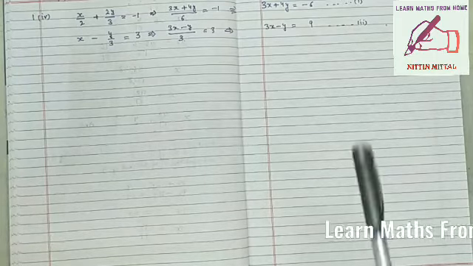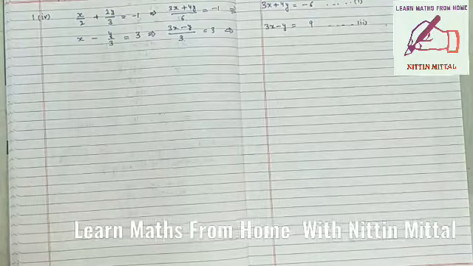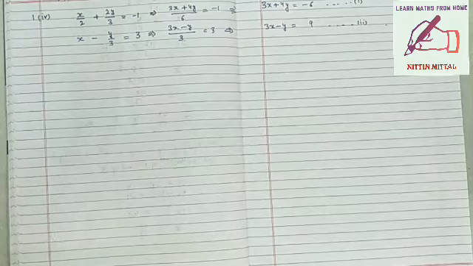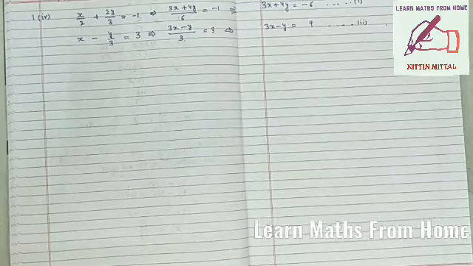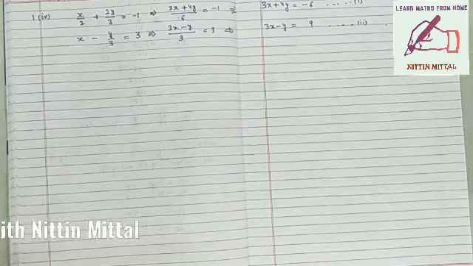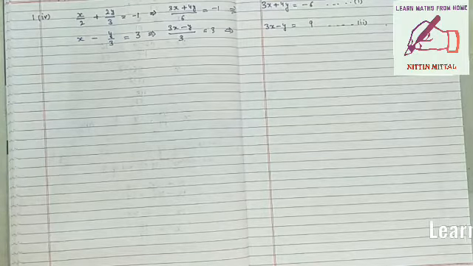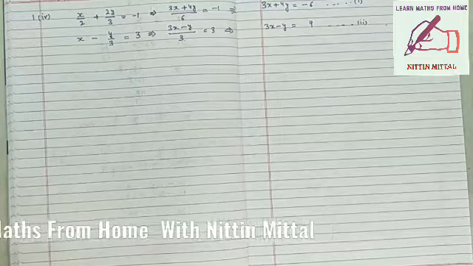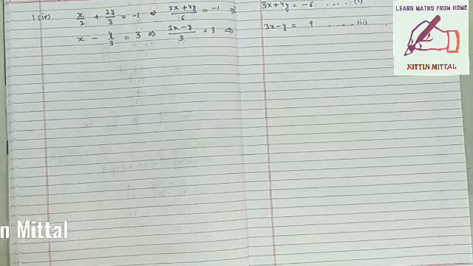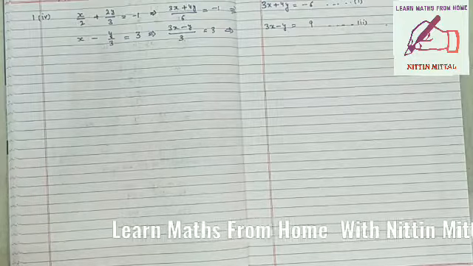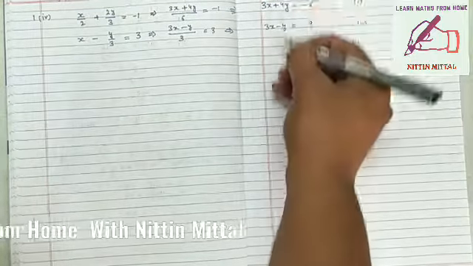Now friends, if you see this question, we have to apply elimination method, in which we have to eliminate one of the variable x or y, and you have to choose which variable you will choose to eliminate. So if you see the coefficient of x in both the equations, coefficient of x is same, 3. So we need not to multiply. I think it is the easy choice. Go for it. So we simply have to eliminate.